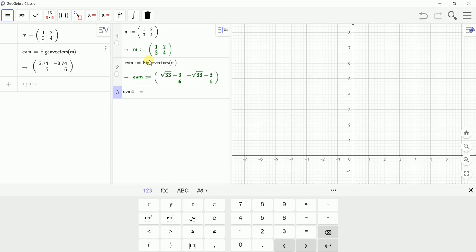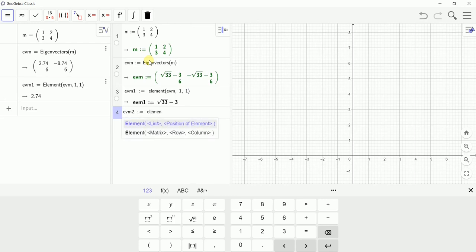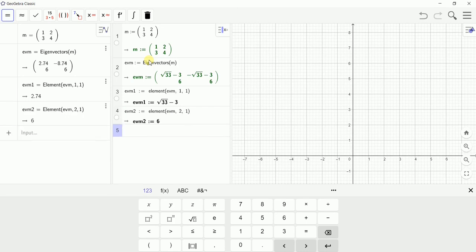Let's say our first element is element of EVM, and we want the first 1 element, and then in EVM2 we would like element of EVM, and we would like 2, 1,